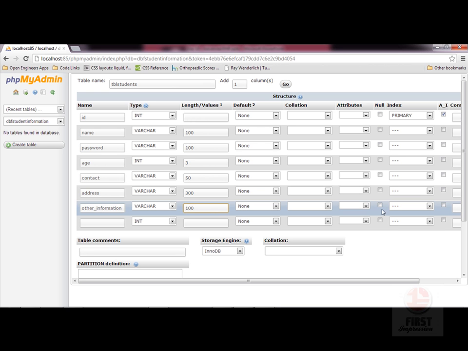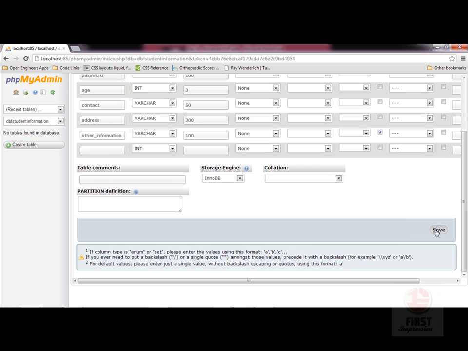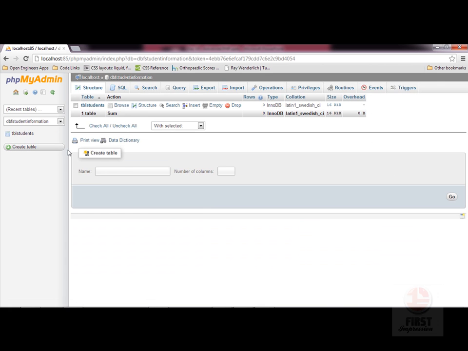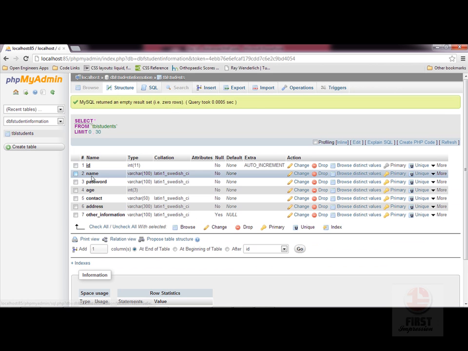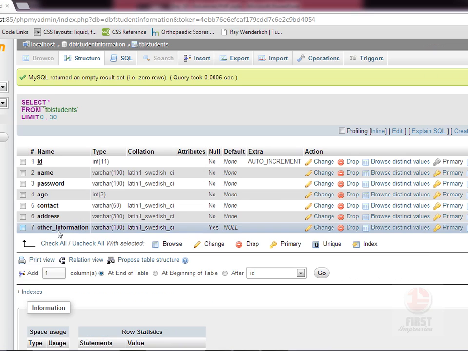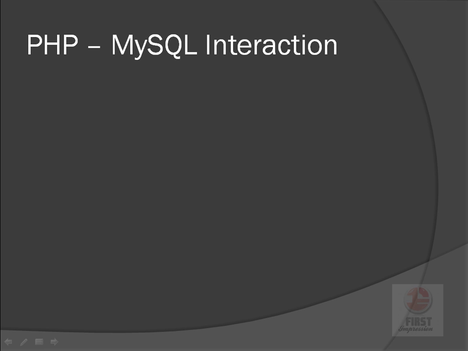Other information can be null, so I can check mark this null column, and you can just scroll down and say save. It will save the table TBL students with the name, password, age, contact, address and other information. Once the table is created, let's now interact the PHP part with the MySQL part.